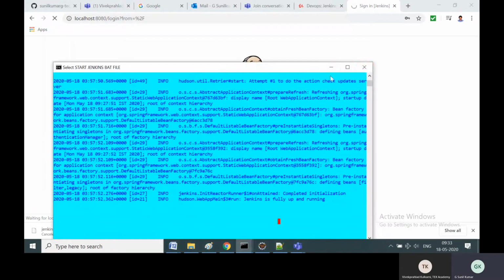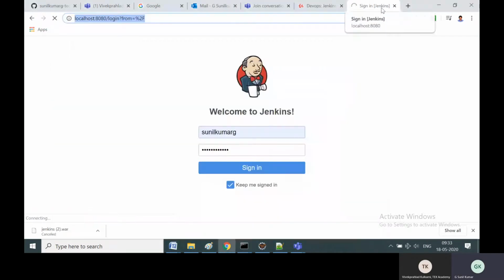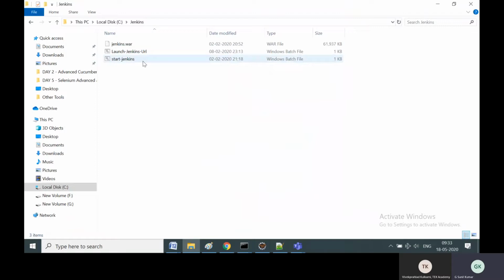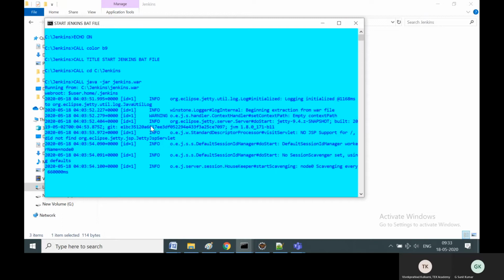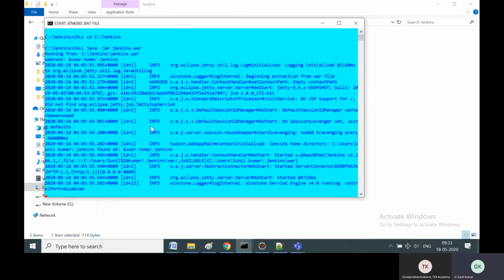Let me close it and start once more. Maybe some issues with the, let me start it once more. This is one time configuration only.